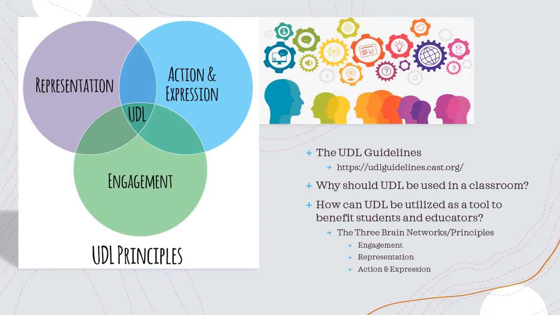It is used to motivate those students to stimulate interest in a way that would engage them. The what of learning for those students is to be resourceful, understanding how to utilize and present knowledge in different ways that may be beneficial to them. And lastly, the how. The how of learning for those students is to understand that they have a goal. They can differentiate the expression of what they know and utilize that into how they will learn. These brain networks function in unison with one another for each student, some stronger than others. It is just dependent on the educator to use each brain network in each lesson.